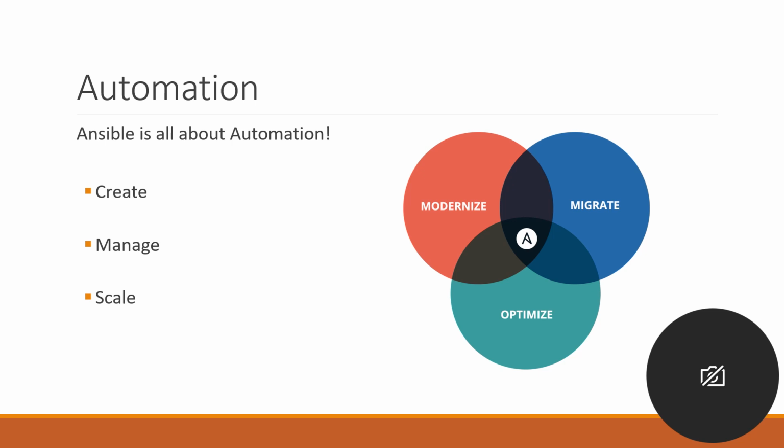Next, we'll talk about Ansible's automation and what it does. So first, Ansible aims to create. Ansible is made to help customers create the automation they need. So Ansible is set to be customizable enough that whatever your need is or whatever your task or job is, you can create an automation for it. And later we will look at a dashboard of Ansible and go over it to see more about it. Next is